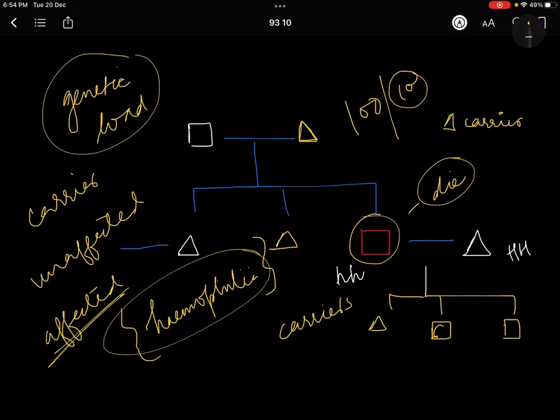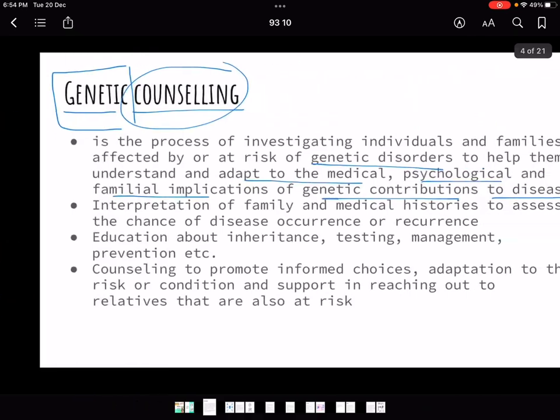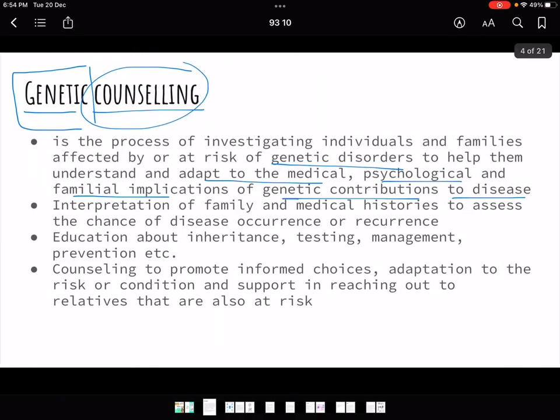So what is this genetic counseling? Why are we doing it? We are doing it so that we can understand the prospects, that what if this person marries this person and has a child, is the child going to be affected by certain diseases? Is the child going to have any problems in the future, or is there any fatal disease that the child might get? So for all these things we try to study and we try to do genetic counseling before the person